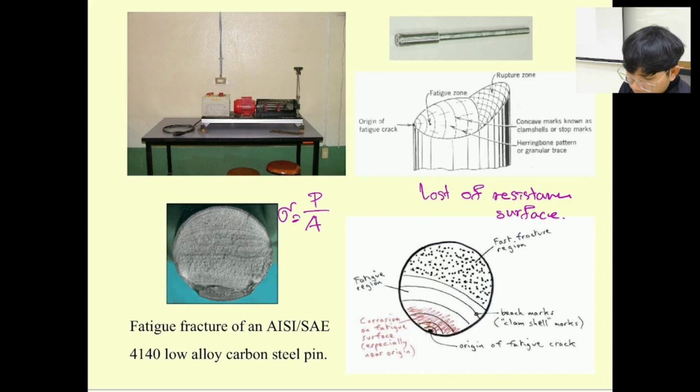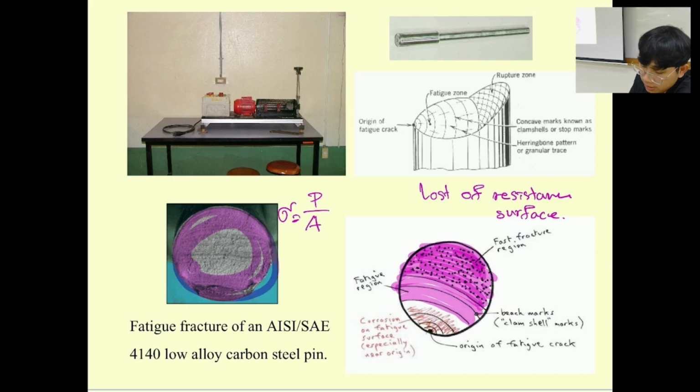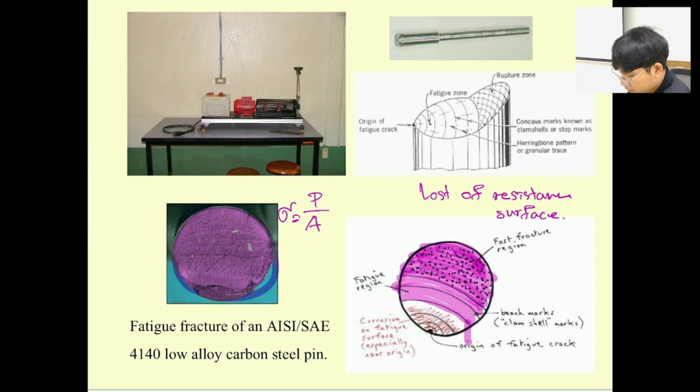But when fatigue occurs, you know what happened? It starts by losing its resistant surface, which means at the start it's going to be all resistant surface over here. Okay, but at some point after it experiences the fatigue, it's going to be poop,